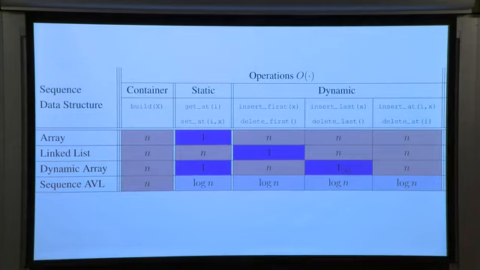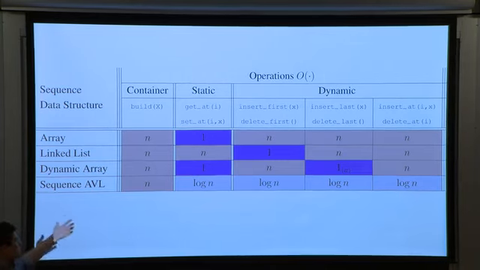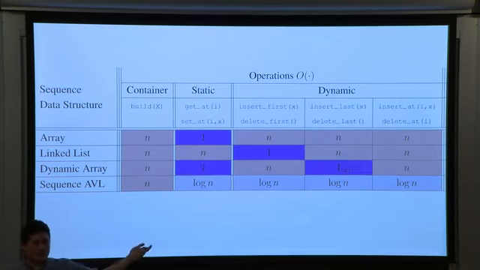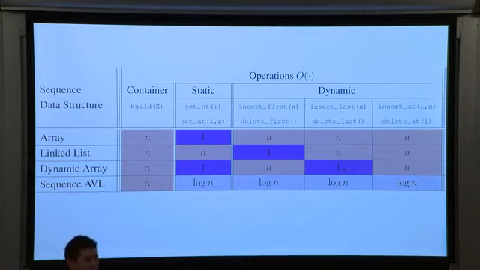We have sequence type data structures, right? We have linked lists, dynamic arrays, and sequence AVLs. Sequence AVLs are great. I don't know why no one teaches them. They probably don't teach them because they're not that useful. You don't actually use insert in the middle a lot in coding. You can usually get around it by shifting something to the end and doing dynamic operations there. That's a lot of the games that you try to play.